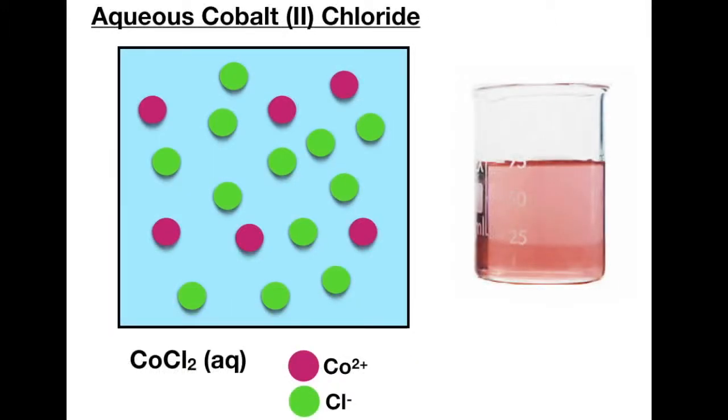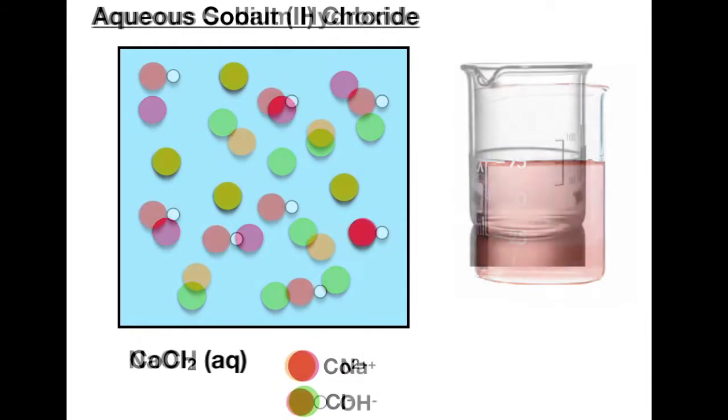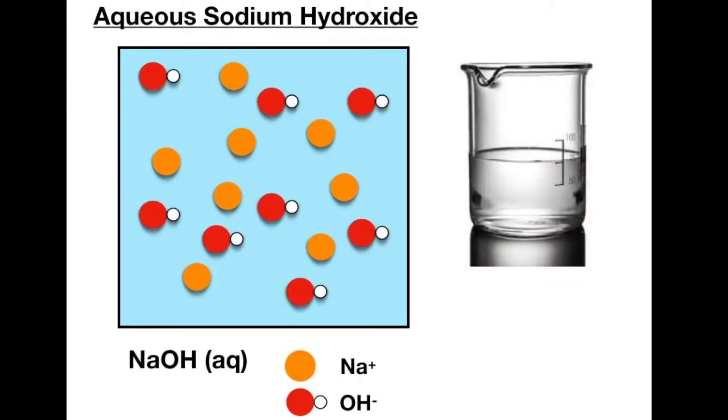Looking at the aqueous cobalt chloride solution, we can see that the cobalt and the chloride exist as separate ions in a ratio of 1 cobalt ion to 2 chloride ions. Looking at the aqueous sodium hydroxide solution at the molecular level shows that there's a 1-to-1 ratio of sodium ions to hydroxide ions, and the solution is colorless. However, on mixing,